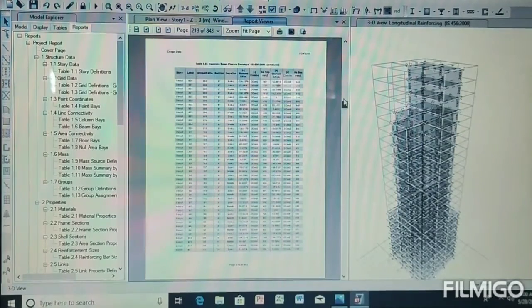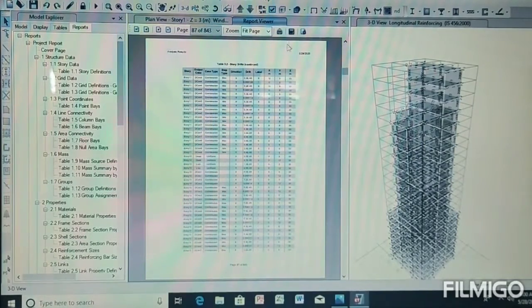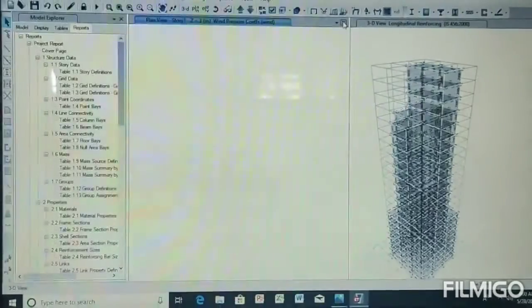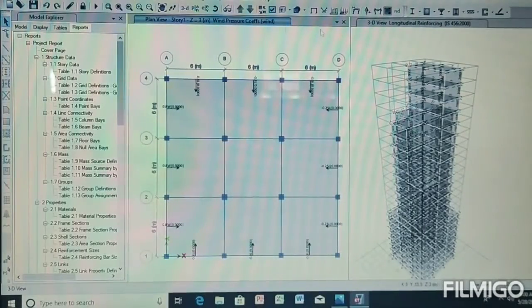This is about the project report, and this is for the complete project of the 23-story building using ETABS.